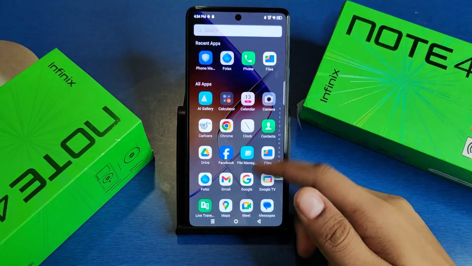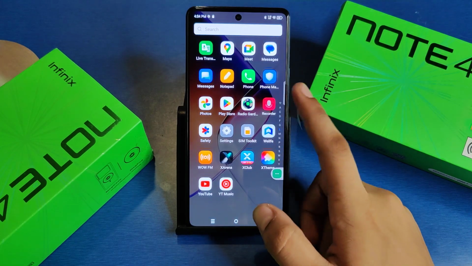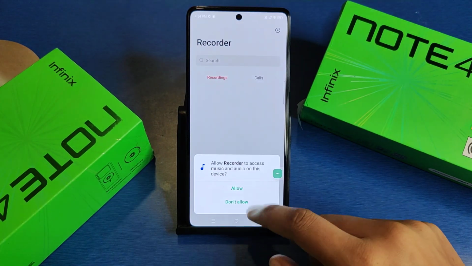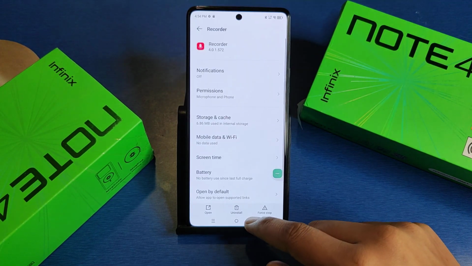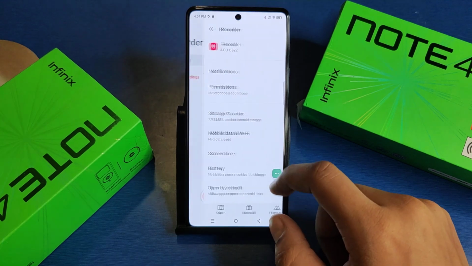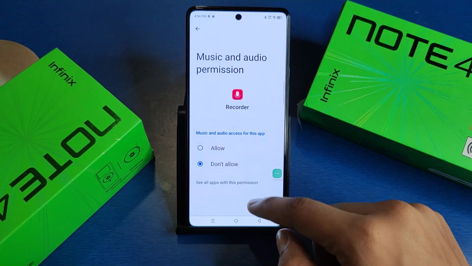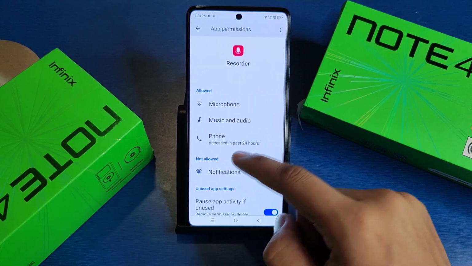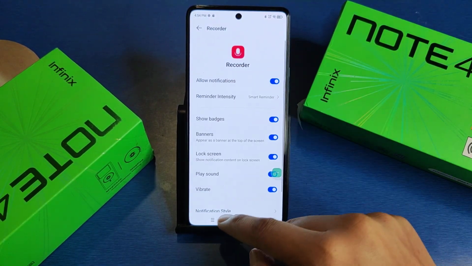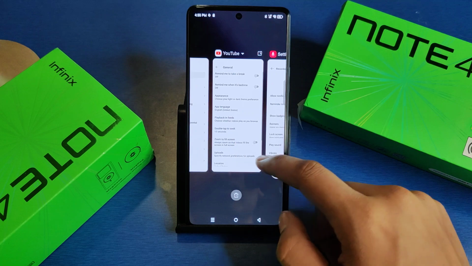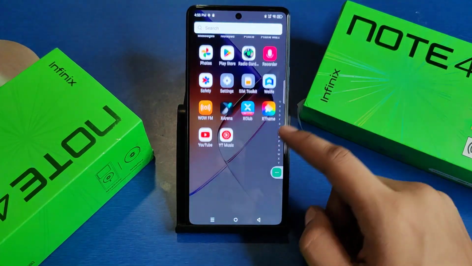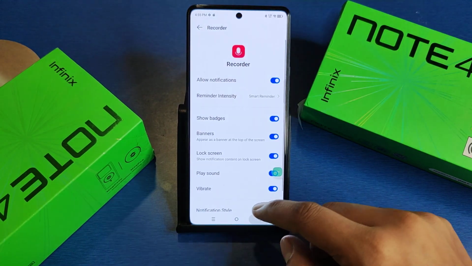First you have to open your recorder. Here it is. Then you have to allow all these and give all the permissions like music and audio allow, notification allow. Then you have to simply open the recorder app like this,